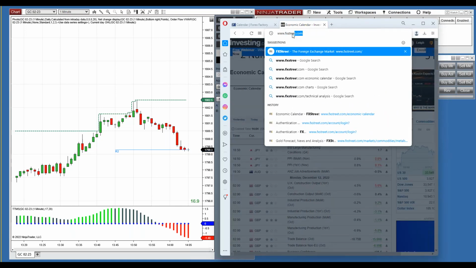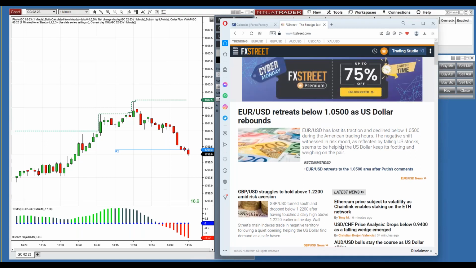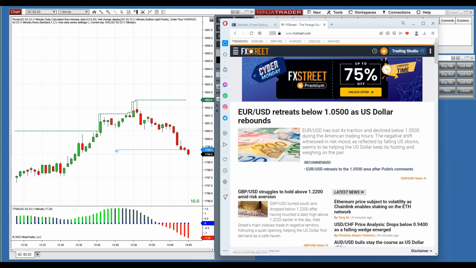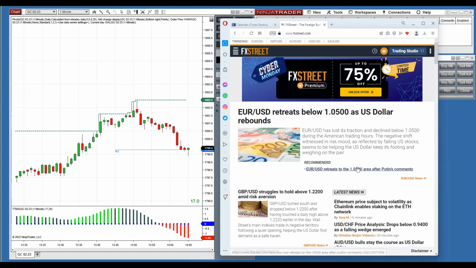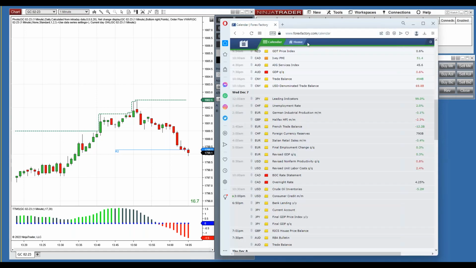Let me show you because I want to show you. It does update just the way that investing.com does. But man, they make it a pain in the neck sometimes to get to their calendar. They've changed it so much that right now I can't even find their darn calendar. But just remember fxstreet.com. When you get to their calendar, you don't have to set up an account. It also automatically updates the news.